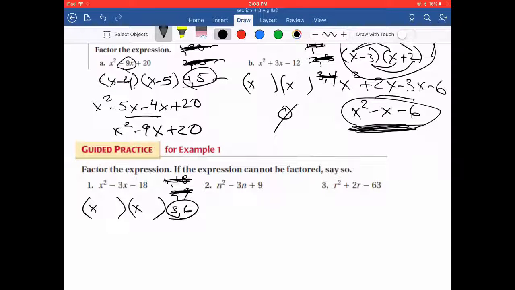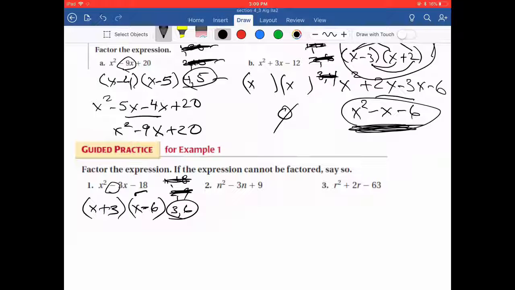And because I just have x's in these two, I can put the x and the 3 and the 6 anywhere I want, because 3 times 6 gives me 18. All right, now the sign for the 18 is a negative. The only way to get a negative here is if the 3 or the 6 is negative and the other one's positive. How do I know which one to do? Well, this sign will always go with the bigger number between the 3 and the 6. That sign's negative, so I'll make this negative here and make this positive,